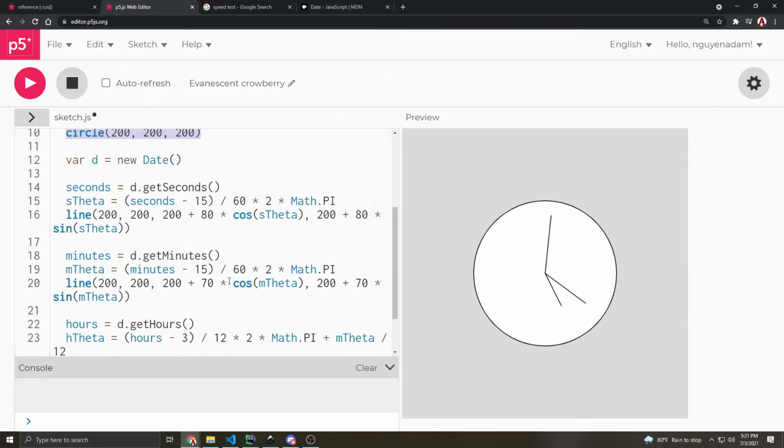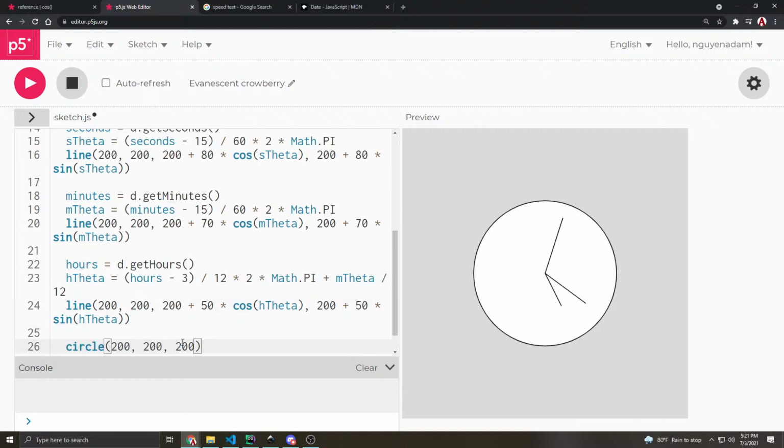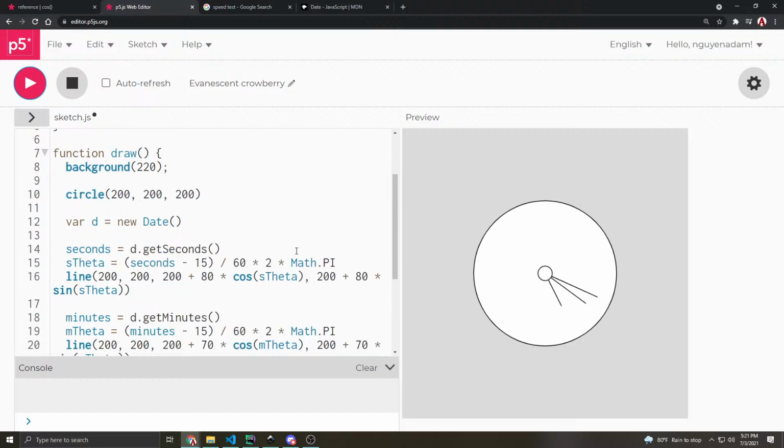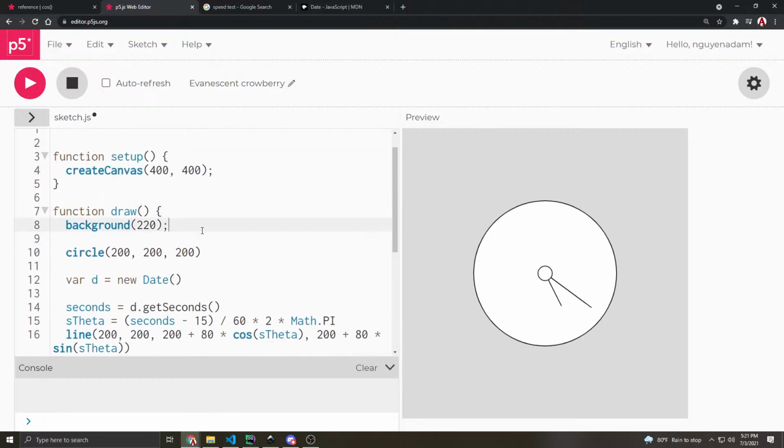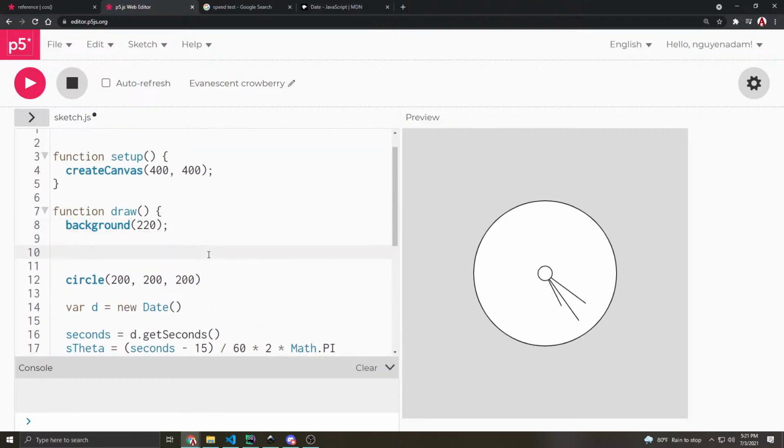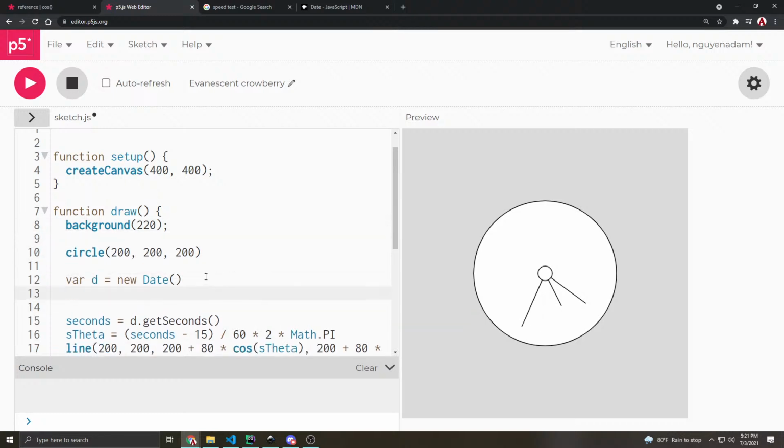We can add another clock. Oh, we can add a smaller circle down the bottom, like those fancy watches. We can add more circles on there too, like 2 or 3 inner clocks. I was thinking like a simple wall clock. Yeah. We can even add a little analog display at the top. We could do text. Let's move this. Let's put this right here. We can say text. We can just get